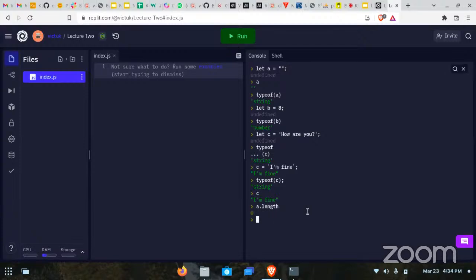We say a dot length, and we see that a dot length gives us 0. Why? Remember, a was empty, which means a doesn't contain any character. So that's why it's giving us the length of 0. But if we check,